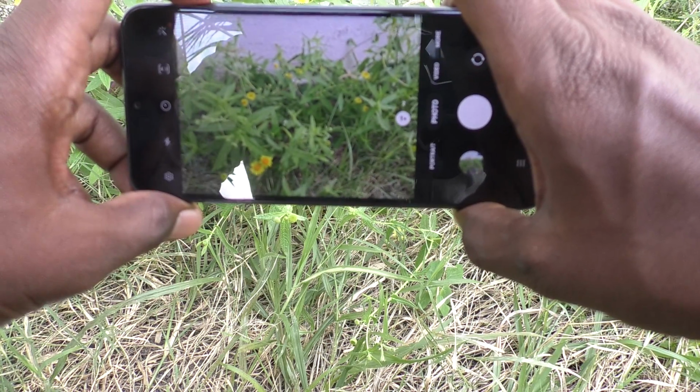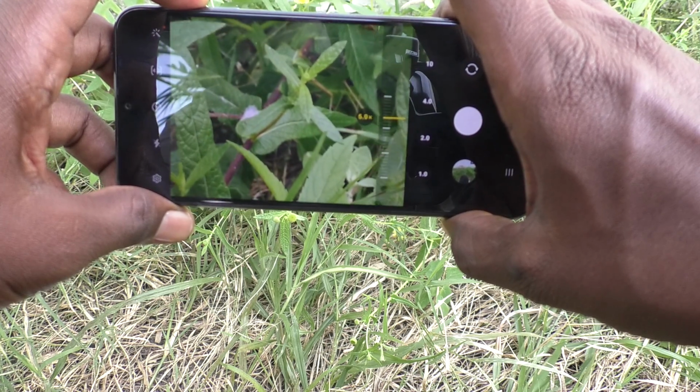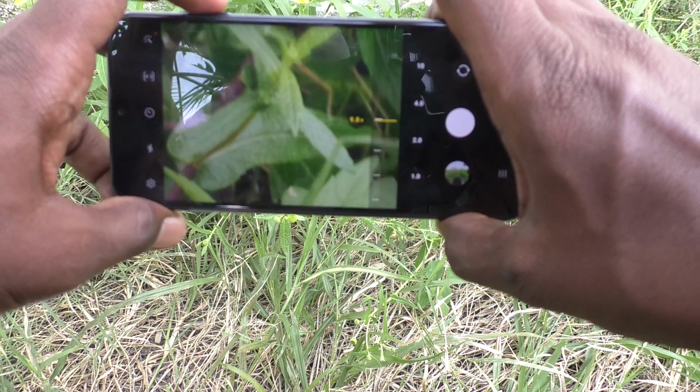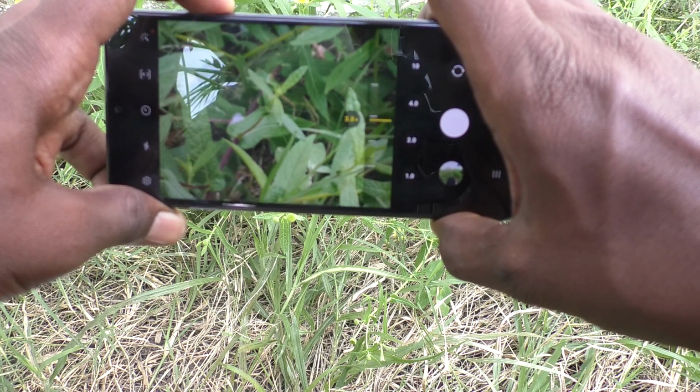I would like to take this photo and I now press volume up button. It is zooming in. Okay, for zooming out you go to press volume down button. Okay,